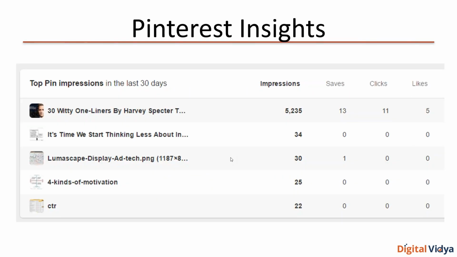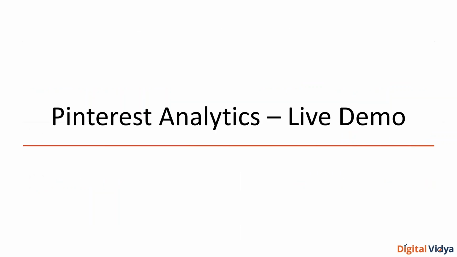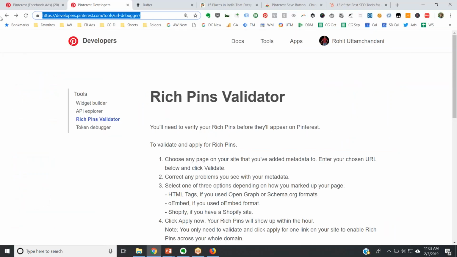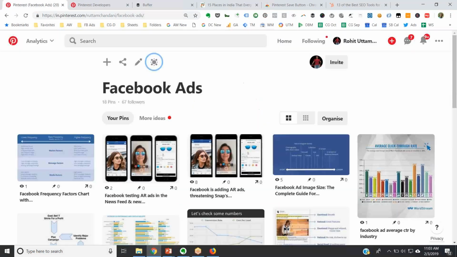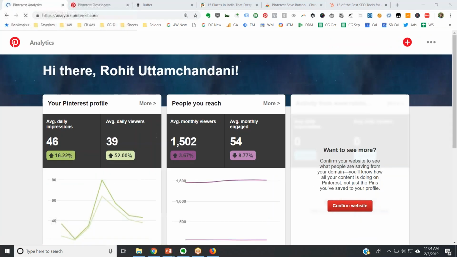So let's go to Pinterest and I will show it to you live instead of showing you on a presentation. Let me show you this live on the tool instead of showing you screenshots. So let's go live to the Pinterest tool and let's go to analytics. On Pinterest, on the top left corner, you see this analytics here. So I'm going to click on analytics and click on overview. It would then take me to my Pinterest analytics. If you want to access it directly, you can just go to analytics.pinterest.com after you log in. So here,